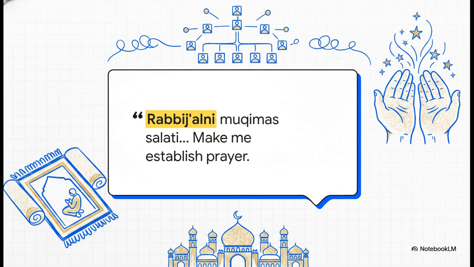And that naturally brings us to the Dua Masura. This is the final personal supplication before exiting the state of prayer. Our source text highlights this gorgeous invocation, Rabbi ja'alni muqima as-salati wa min dhurriyyati. My Lord, make me an establisher of prayer and many from my descendants. It asks for forgiveness for yourself, your parents, and all believers. It's a profound, deeply personal plea that connects the individual straight back to their family and the broader community right at the very end of the prayer.